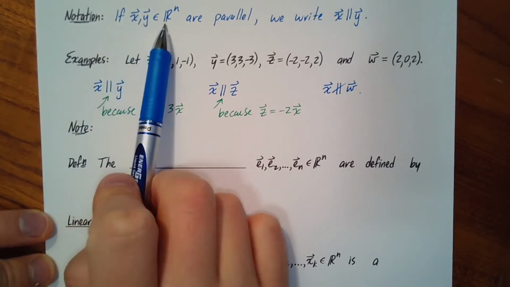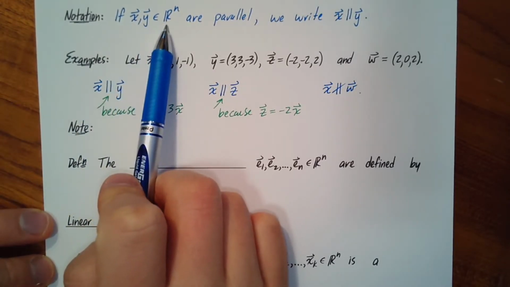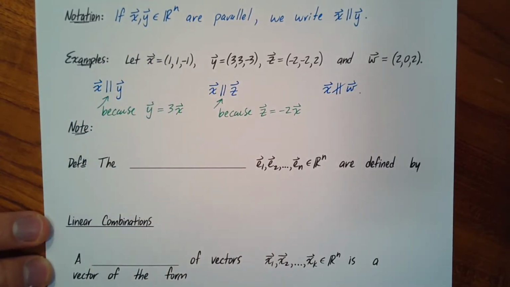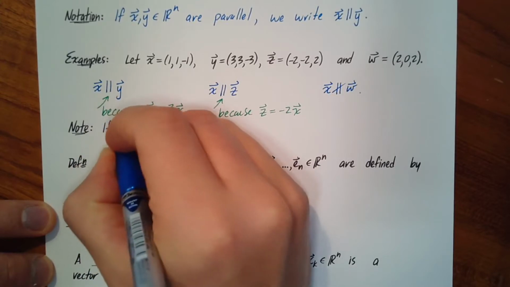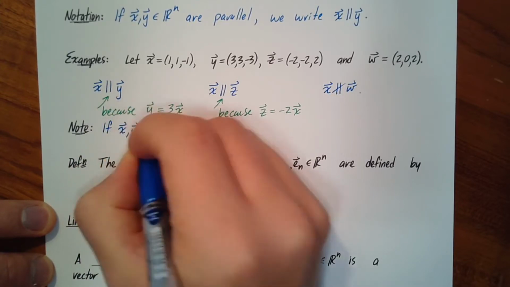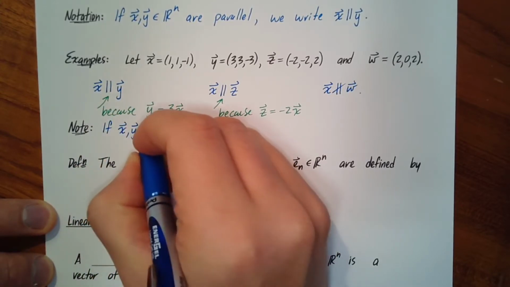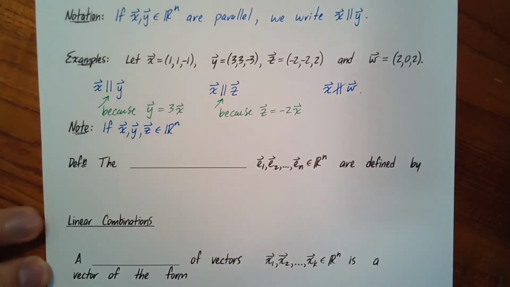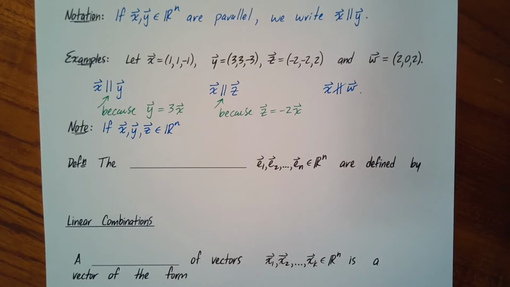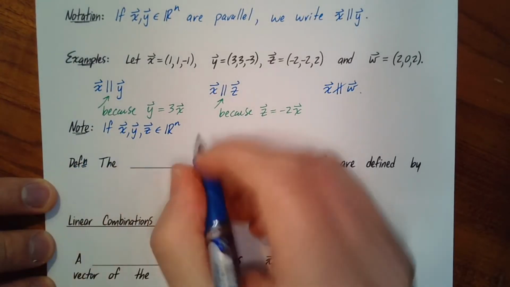This is how you would briefly say that you have two vectors, x and y, that have the same number of coordinates. Well, now I'm going to do that for three vectors. So I'm going to say if x and y, and I'm going to use z for the third vector. So x, y, and z in Rn, which is just an abbreviated way of saying that we've got three vectors, x, y, and z, and they all have the same number of coordinates. So if these three vectors